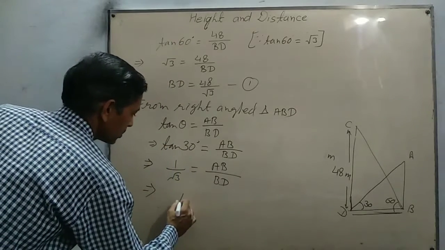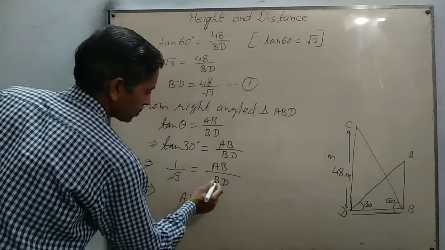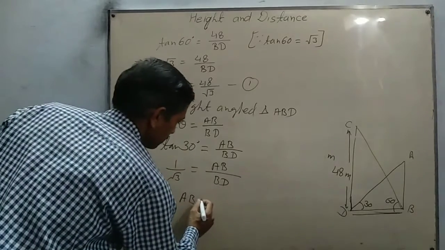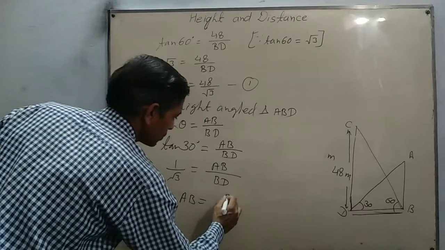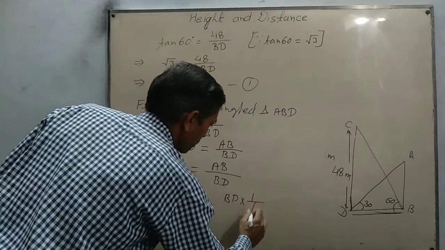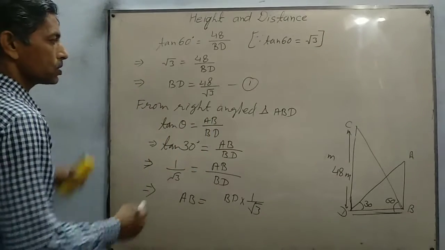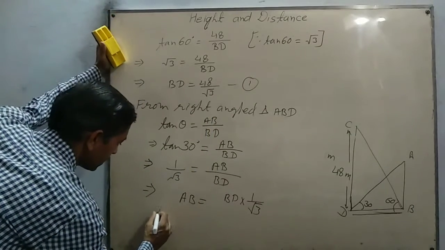So AB is equal to BD into 1 upon √3. BD की वैल्यू इक्वेशन 1 से पुट करेंगे,